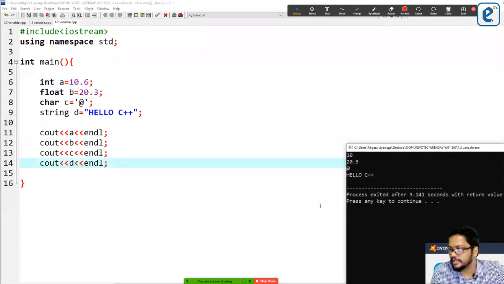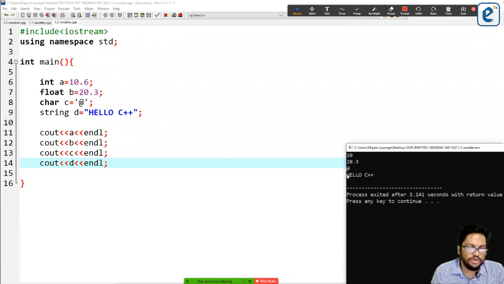So what has happened here? It's not going to consider the decimal part. It neglects the decimal part. So don't think it's rounding off; round off is not done here.